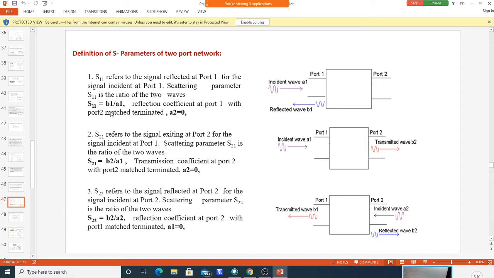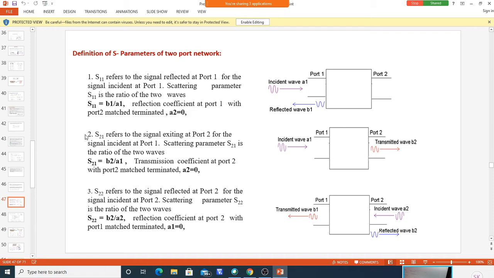So from the value of S11, we can come to know at what frequency energy is delivered to the network. Whenever the reflection is 0, the signal is delivered to the network. Whenever the reflected wave is high, there is a reflection, which means the entire power is not delivered to the network. So by looking at the S11 response with respect to frequency, we can say which frequencies give maximum energy to the network or to the output. And the reflected portion we can also come to know from this parameter. So that is S11.